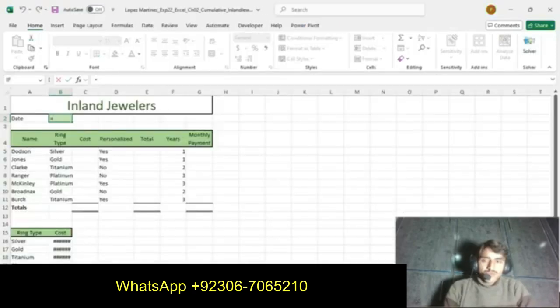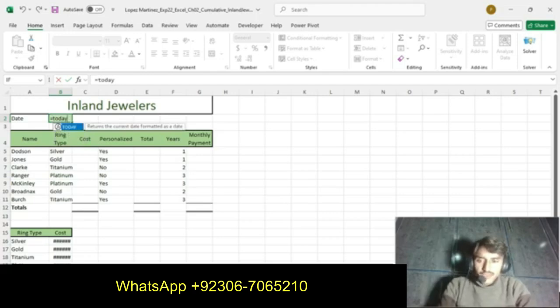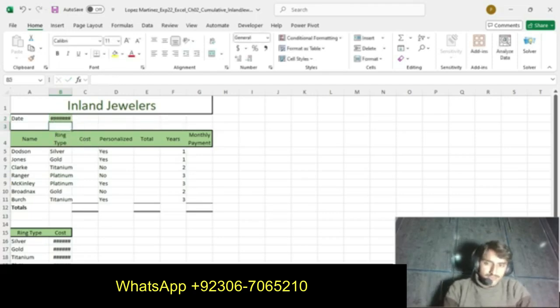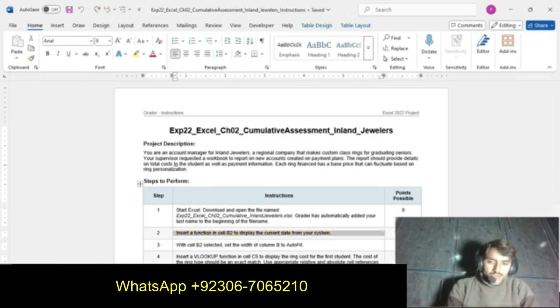We apply the TODAY function here and we get our date as the result. So our step number 2 is completed.